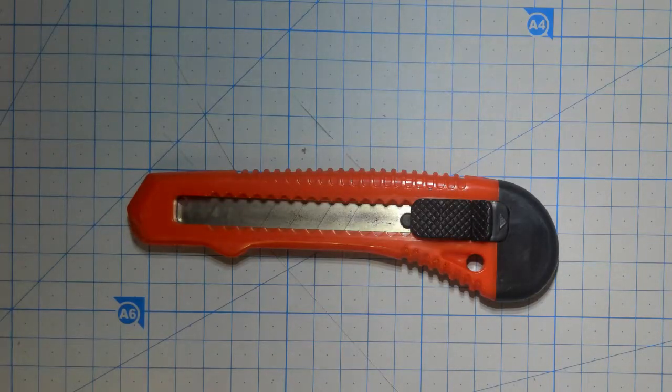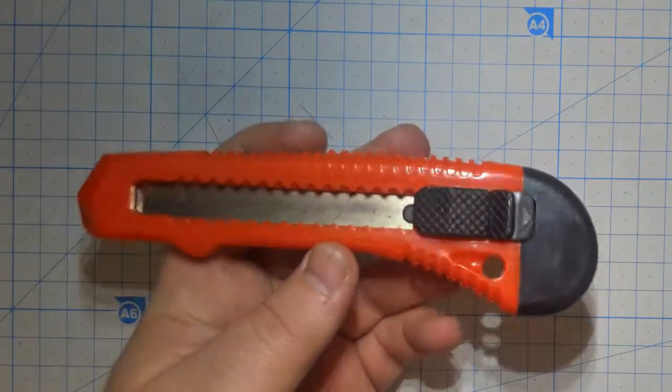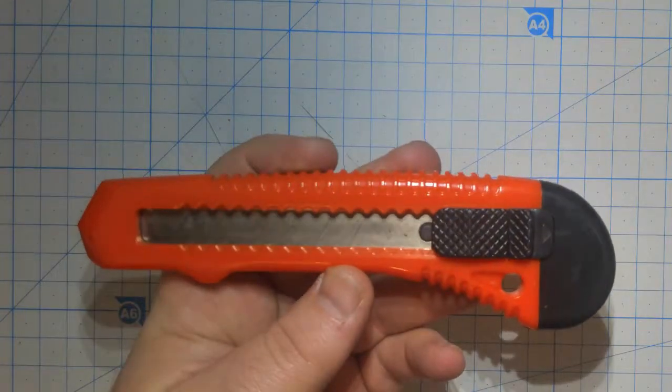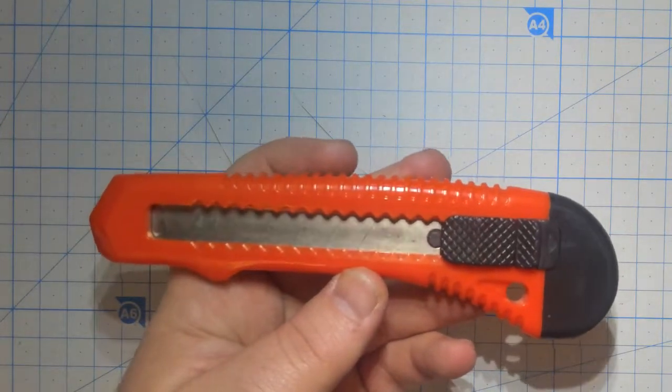Okay, this is one of our Stanley knives, and what we can actually do with this is quite a few different things. It's predominantly needed for cutting straight lines. Anything else, scissors and other tools generally work a lot better. But if you are going to be needing to cut a long straight line, this is the best tool for the